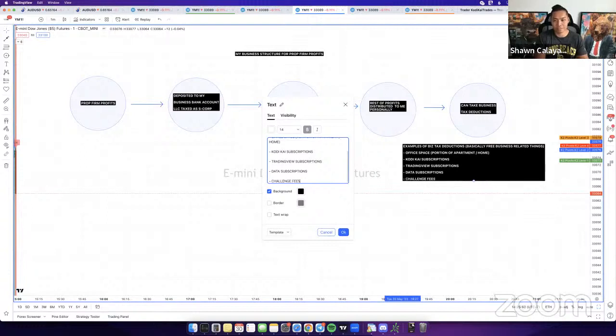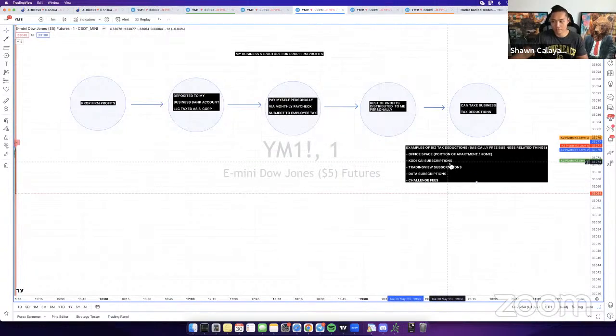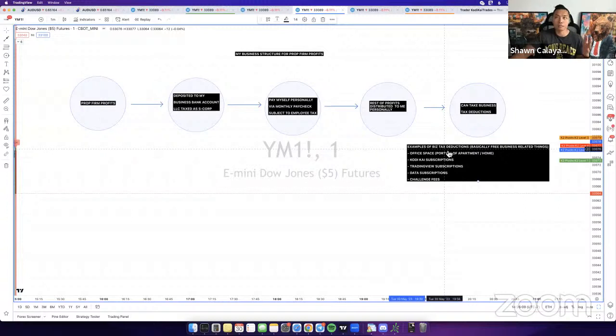challenge fees. The cool thing about this is that you can fail a ton of challenges throughout the year. You can suck basically from January until June, and then if you start killing it from June to December, you're going to have all this profit. Instead of having to pay a bunch in taxes, your challenge fees are going to be deducted. So in a sense, you're basically getting free challenges. That's really what it is.